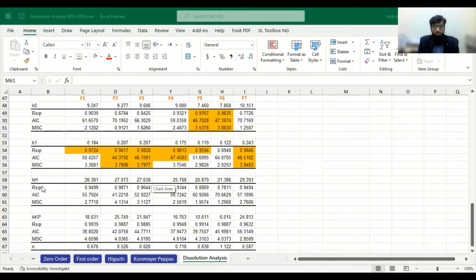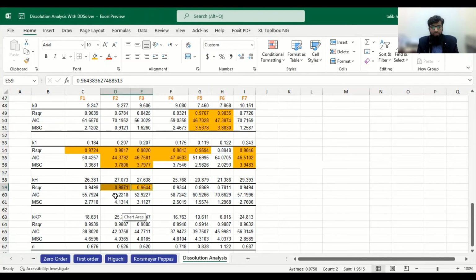Now check the Higuchi model. For the Higuchi model, we can see F1 is giving an R-square value of 0.94, F2 is giving 0.98, and F3 0.96. No other formulation is giving more than 0.95. So we select these 2 formulations which are dependent on the Higuchi model.